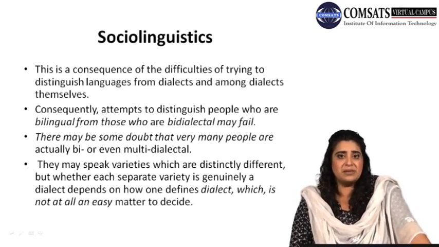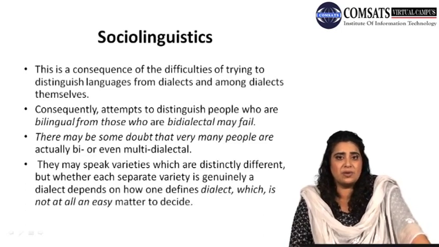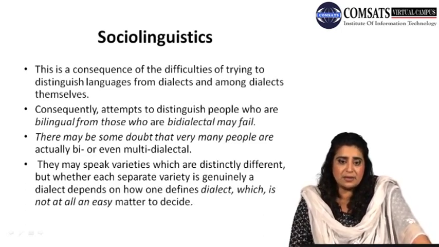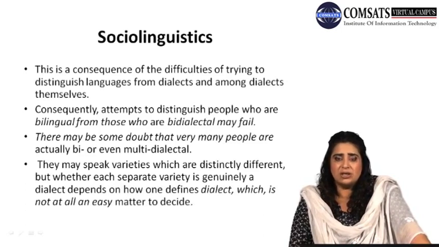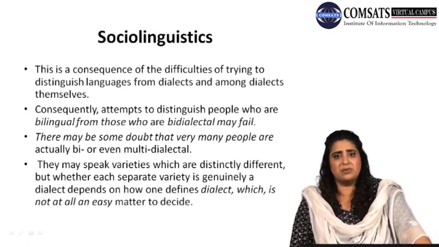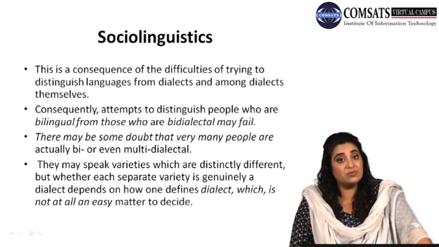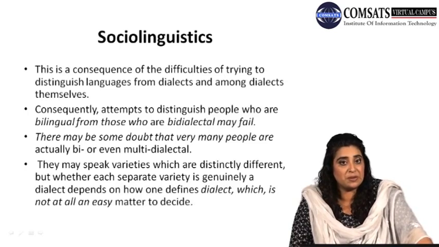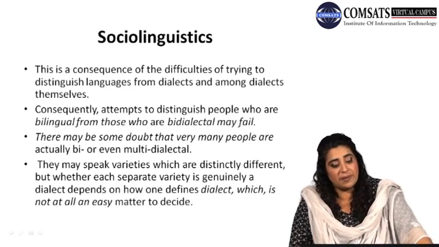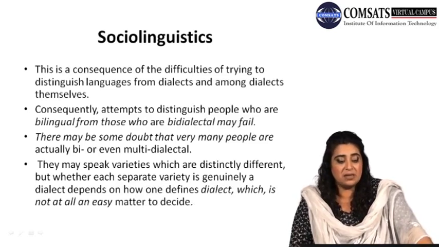Like in Islamabad and Pindi, the people would speak it in a different way. In Lahore, they would speak it in a different way. And in, say, a village, they would have a different form of speaking. And maybe in the interior Punjab, they would have a totally different way of pronouncing and speaking the word. But the language would be the same, you see. Maybe the pronunciations and a few words would differ, but all of it would be considered as Punjabi. So they can maybe speak varieties which are distinctly different,